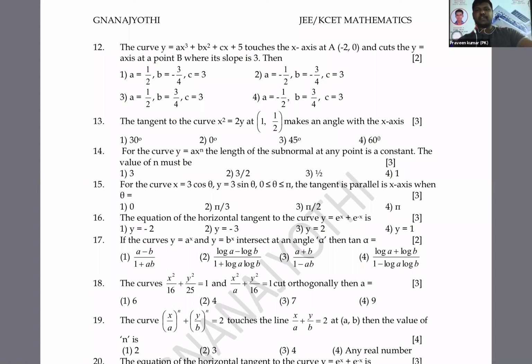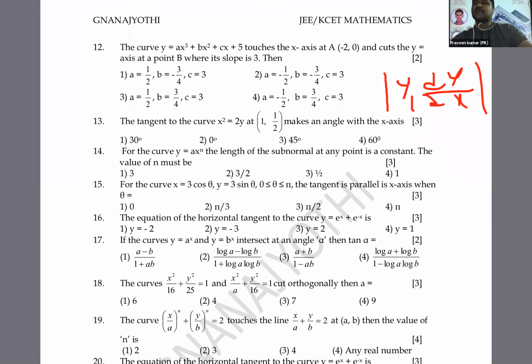For the curve y equals ax power n, the length of the subnormal at any point is a constant. What is the length of the subnormal? Modulus of y1 into dy by dx. Correct? y into m, m means dy by dx. For the curve y equals ax power n, the length of the subnormal at any point is a constant. The value of n must be,